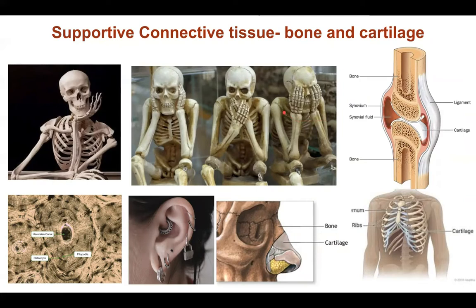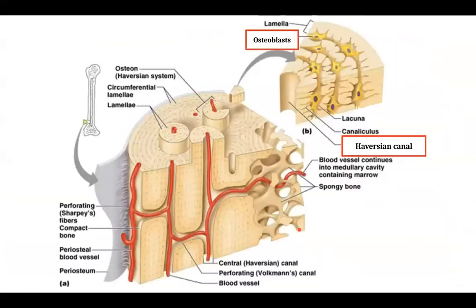The bone is porous. It has got holes in it because of blood vessels. The cartilage is non-porous. The bone is richly supplied with blood vessels and nerve endings. Cartilage has neither any nerve endings nor any blood vessels. A characteristic feature of the bone is this Haversian canal. It is not found anywhere else in the body. The Haversian canal is the area where blood vessels and nerve endings will be passing through the